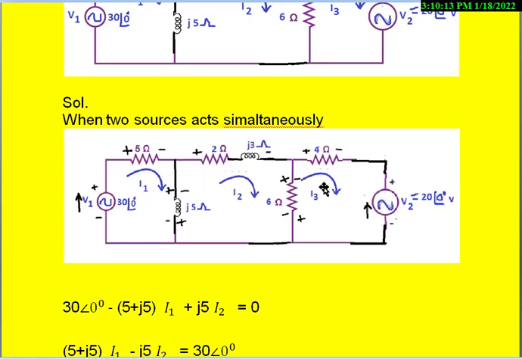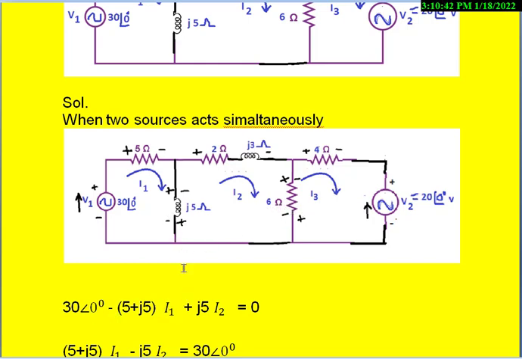Coming to the third loop, current enters here, so this is plus and this is negative. For the voltage source direction given, this is plus and this is negative. The same I3 flows here, so this is plus and this is negative. After giving the voltage polarity like this,